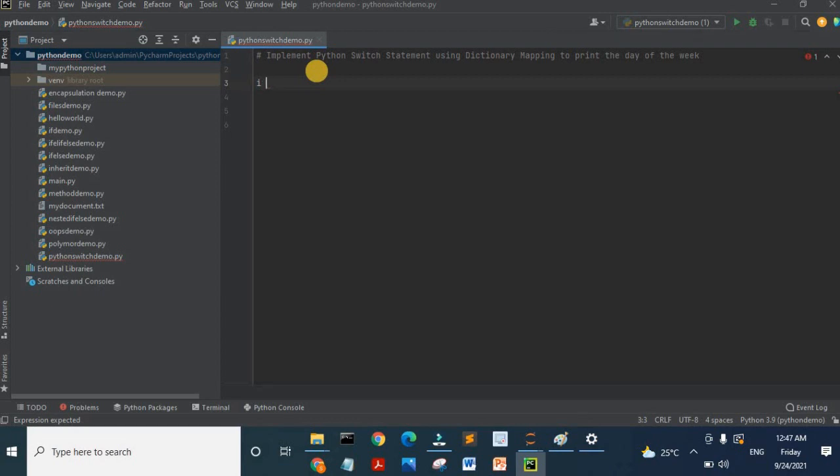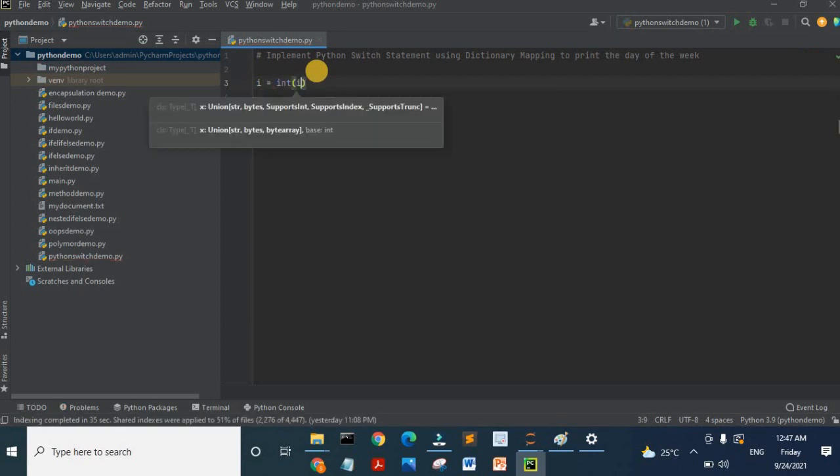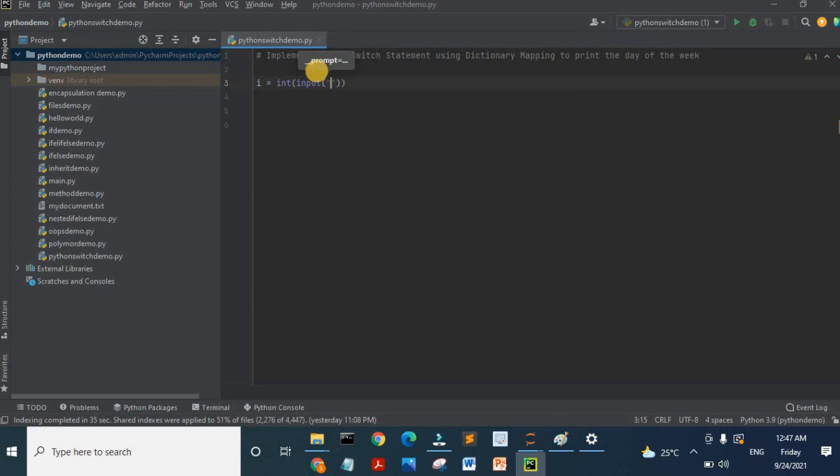That is, I is equal to int of, I am starting my input method, input of, so I am typing my message as enter your option from 1 to 7 to print the name of a day in a week. Now I am creating a new function definition with name as week and I am passing an